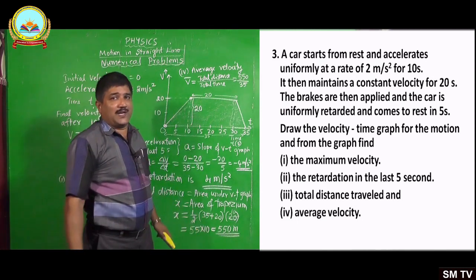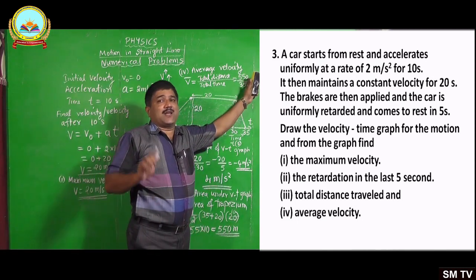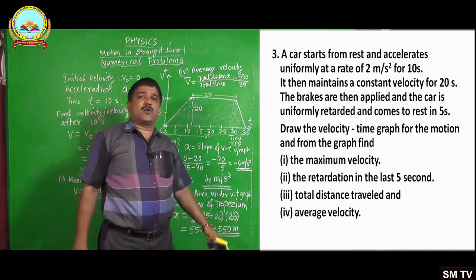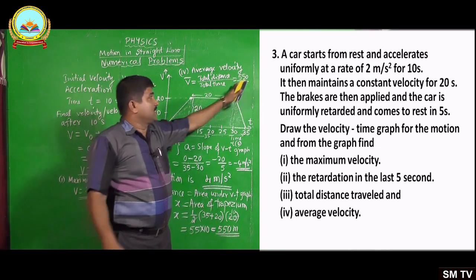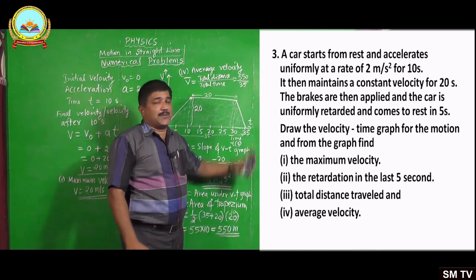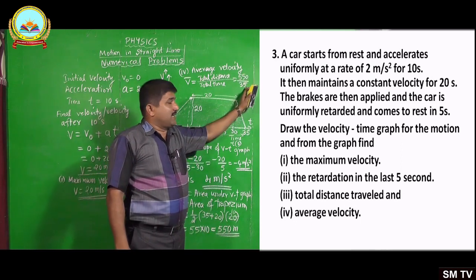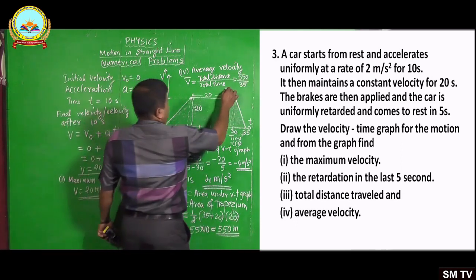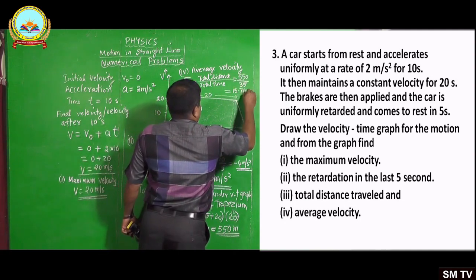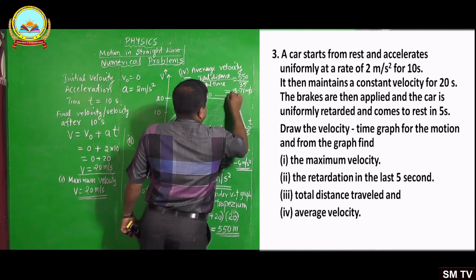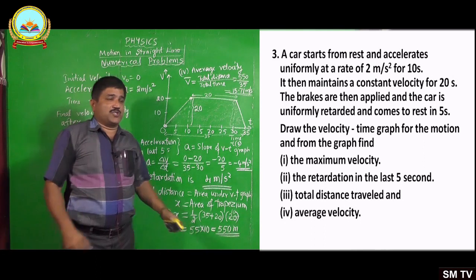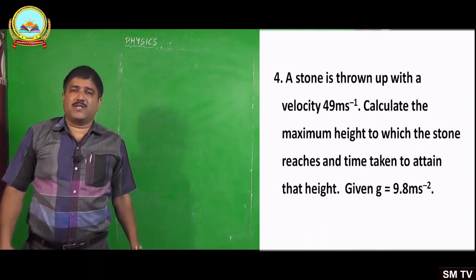Now you can use a calculator. Simple calculators are allowed in a few classes, in college classes also, and in the exam also. You are not supposed to use a scientific calculator, but you can use only a simple calculator. Now 550 divided by 35, you can divide using a calculator. So you get the number 15.71. That is the average velocity of the car during the entire journey of its motion. Okay, so that's all. Now I will move to the next problem.